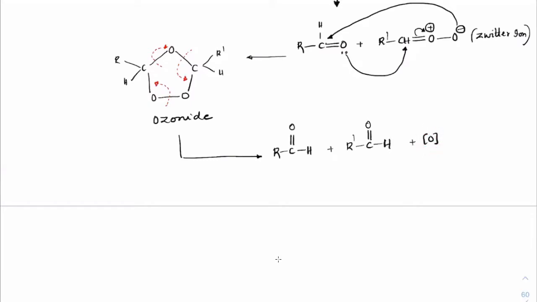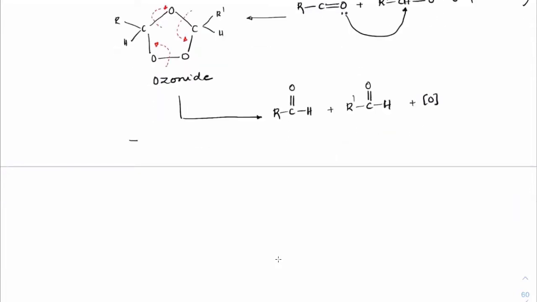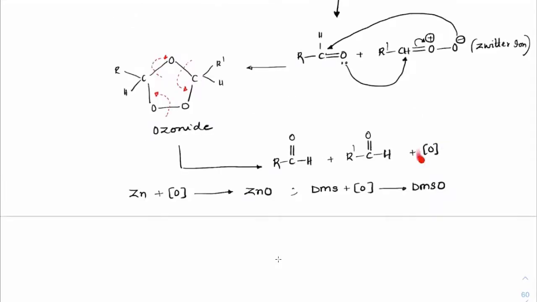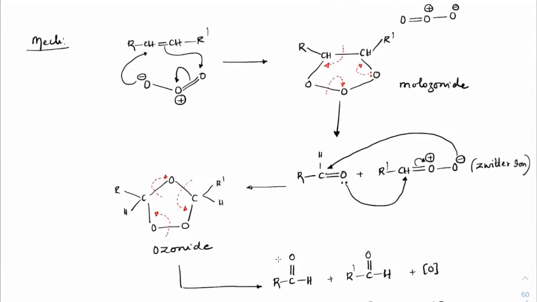Nascent oxygen is a strong oxidizing agent. If you do not let it stop, it will again insert between carbon and hydrogen bonds, and that is oxidative ozonolysis. But since you are taking zinc, the role of zinc is to immediately eat away that nascent oxygen and form ZnO. Same way, DMS, dimethyl sulfide, will also eat away oxygen to form dimethyl sulfoxide. That's how reductive ozonolysis will stop the production of this nascent oxygen, and the result will end up only at aldehyde forms. So these are the final products. Everyone make a note of it.